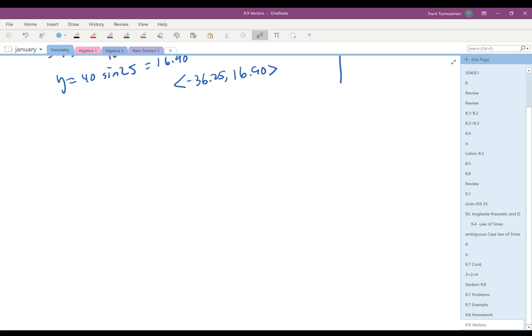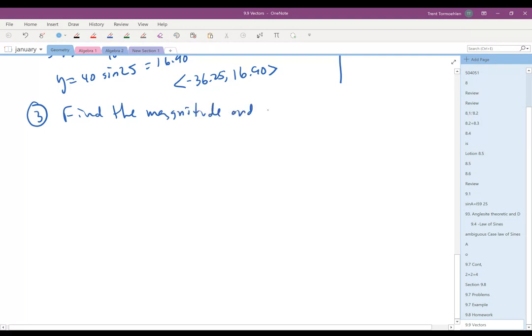Okay, so in this part 2 about vectors, you're going to do the exact opposite of what we just did, which is you're going to take coordinates and then describe it by a magnitude and a direction. And so it'll be a question like this: find the magnitude and direction